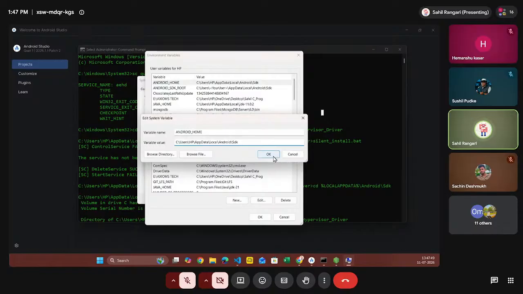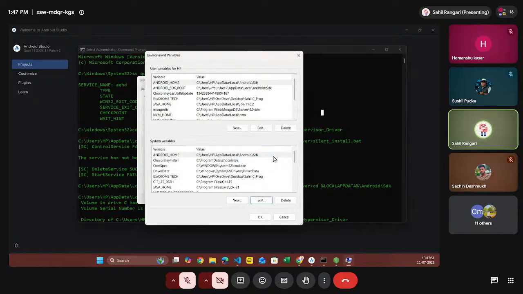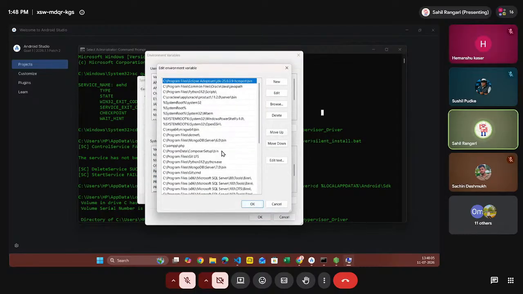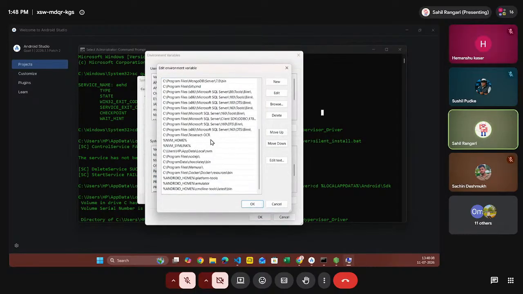And this is a necessary system variable for checking and making your application runnable in your system. I have added this variable, but I need to add some paths. So I'll click on the edit section. There are multiple environment variables available, but in the bottom section you can see I have added three major parts: ANDROID_HOME platform-tools, then the second is emulator, and the third is the command-line tools latest bin. As discussed in the